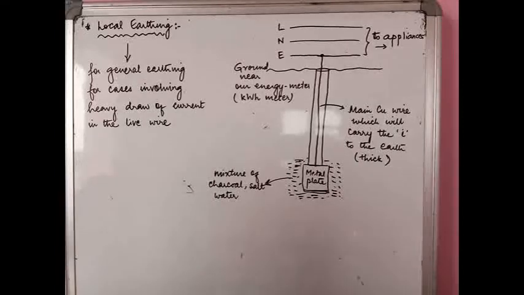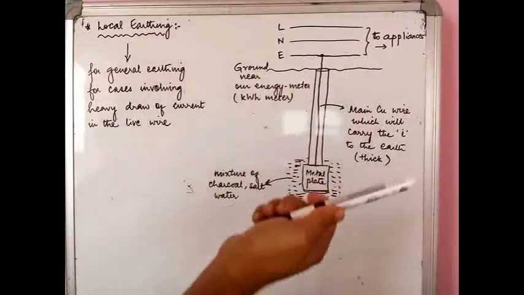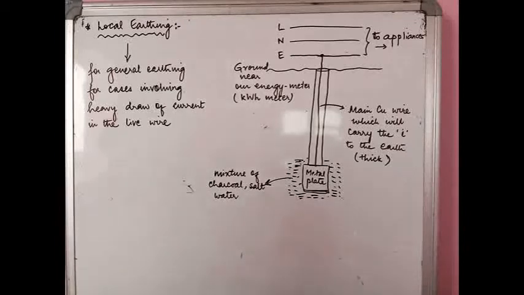Whenever there is a fresh installation of the electricity lines, or a fresh electrification of the house, fresh laying down of the wires in a newly made house, you will always have a local earthing done. Where is it done? It is done right near your gate, near the energy meter. The energy meter is nothing but the meter which gives the reading of the units of energy that you have consumed for all the appliances that you use. So for the kilowatt hour meter, near that area, which is generally near your gate, you have the local earthing.